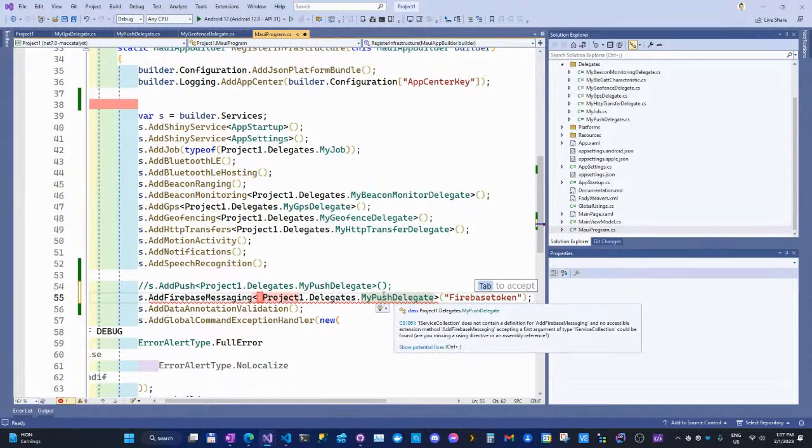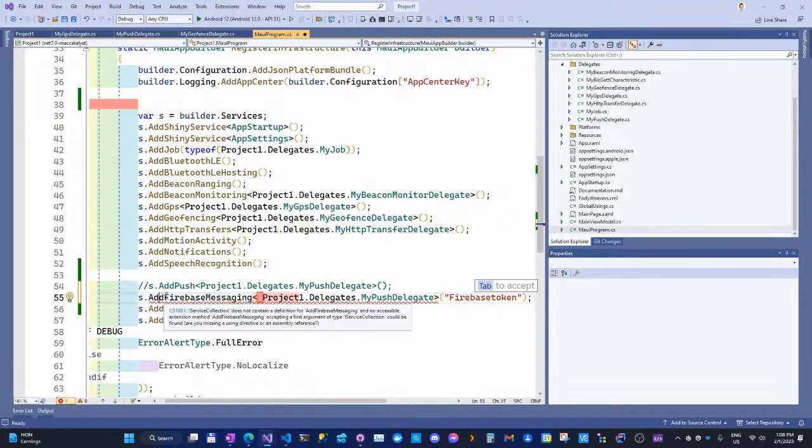So you don't have to go through and change, like, I know a lot of people did App Center notifications when they came out because they were pretty easy, pretty intuitive to work with. So you ended up with App Center notifications all throughout your app. And then App Center decided one day, we're not doing push notifications. So you were like, okay, I have to go through my project and delete all these references, right? So this was another big reason that Shiny went, one, it went to push notifications, and two, it forced dependency injection because we don't have to change anything through our code other than this one line. And I swear this would work. It just Visual Studio is not pulling the reference because it doesn't like to work with this project.